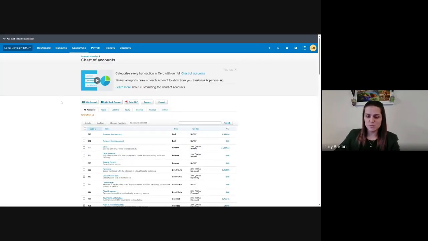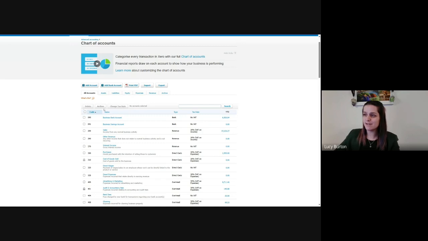And in Chart of Accounts, you'll see at the very top, All Accounts. You'll then have a list of your accounts, and at the top of that list will be your bank accounts. So it's here that I will be deleting the bank account. I want to click the box next to the bank account, the tick box, and then I can